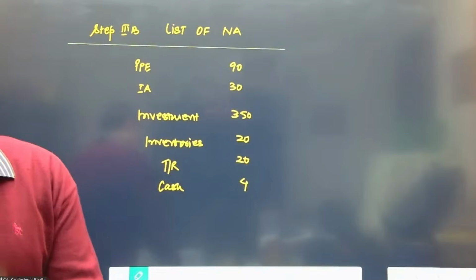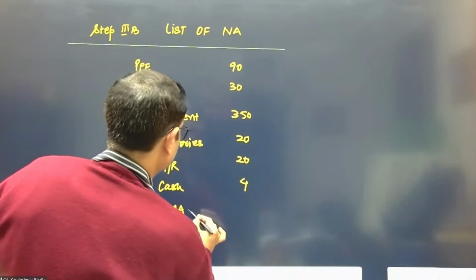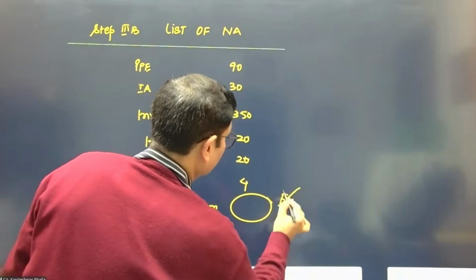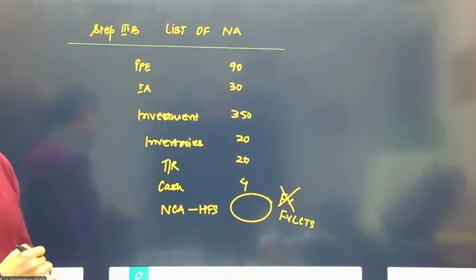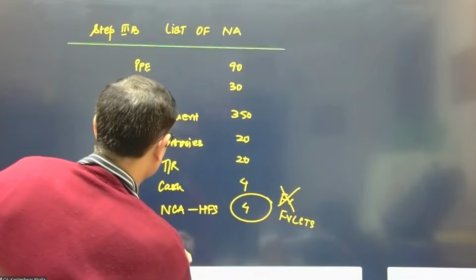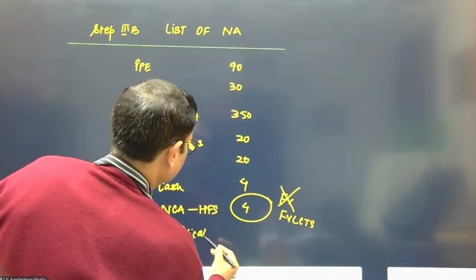And then we've got the non-current assets held for sale. That's going to be taken at book value. This is not going to be taken at fair value, but at fair value less cost to sell. And I think that was to the extent of 4 crores. And lest we forget, there was an indemnification asset. How much was that, if you remember? 1 crore, right?